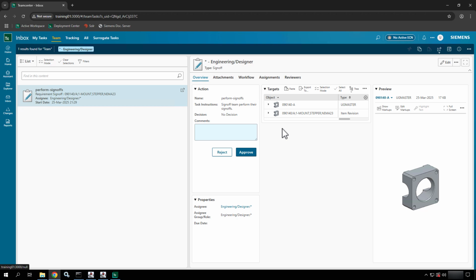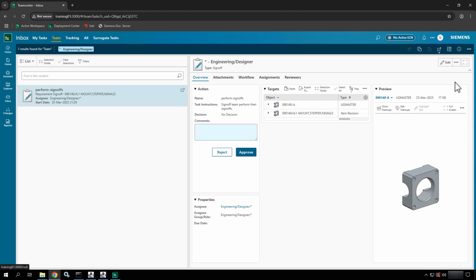Now be very careful with this. A lot of the times, and it's known to be best practice, executing this task from this location may not be the way that you need to do it to get the right permissions. The other benefit to doing the next process, which is called claiming a task, is that if you're looking at this and so is somebody else in your group, you could both be trying to execute the task, which may take several hours to do. And then somebody's going to click approve right before the other person. So what we recommend is instead of signing off in the team inbox,